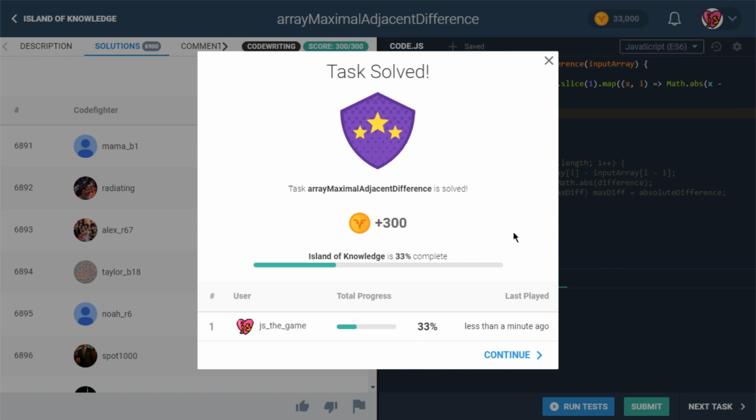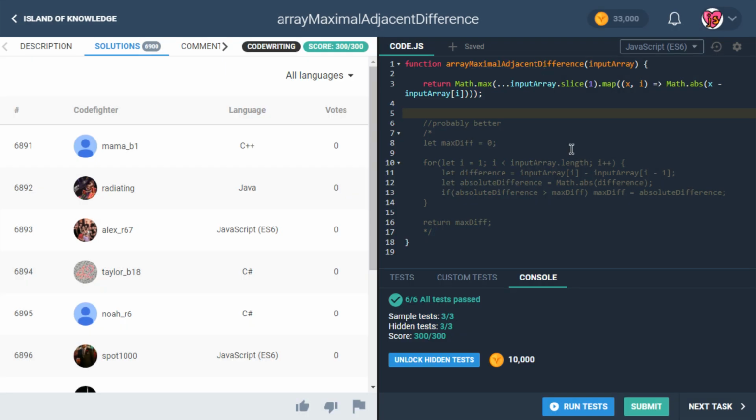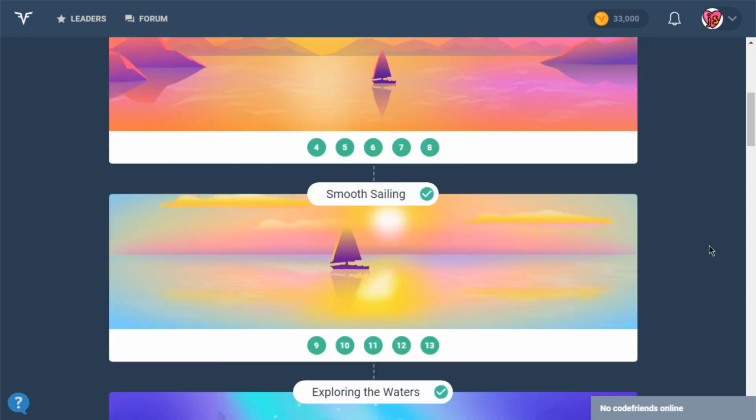We're 33% complete in the island of knowledge here. We're a third of the way there, so that means we've completed 20 tasks. Wow, nice job, everyone. Okay, so we're going to finish up with this one for now. Excellent work all around. We've joined the ranks of 6,900 other people who have completed this one, and I have to say, it feels good. All right, so we'll escape out to the